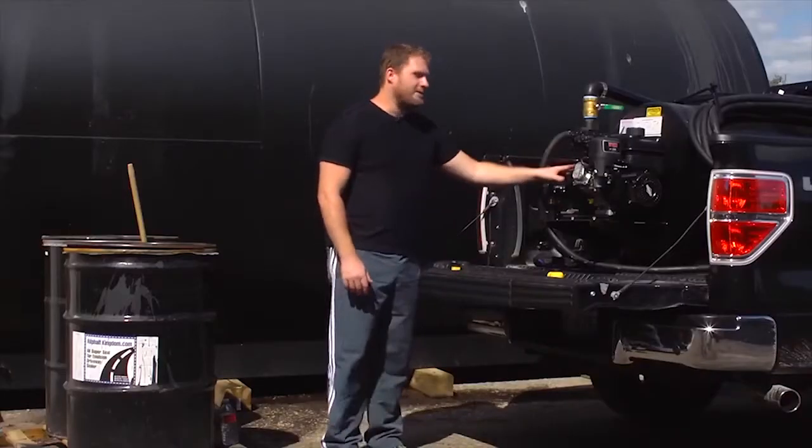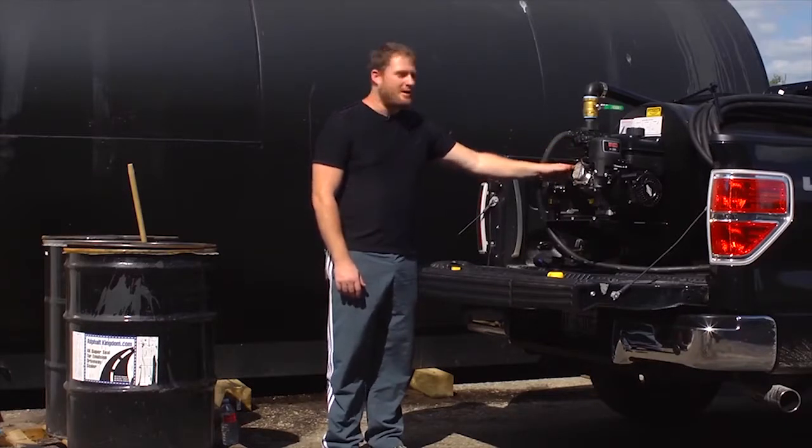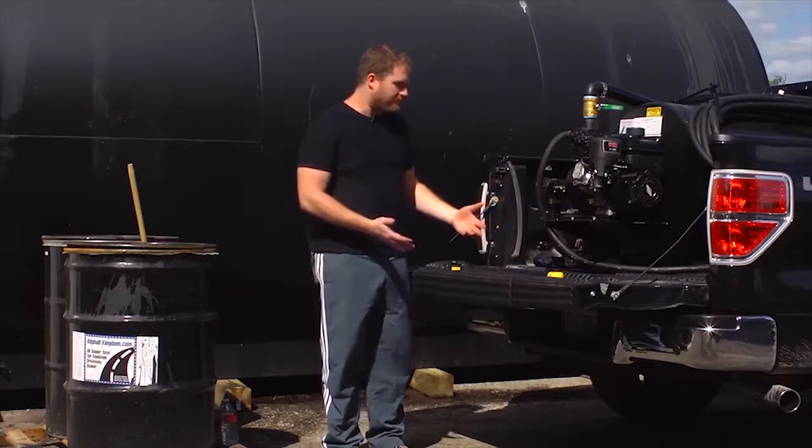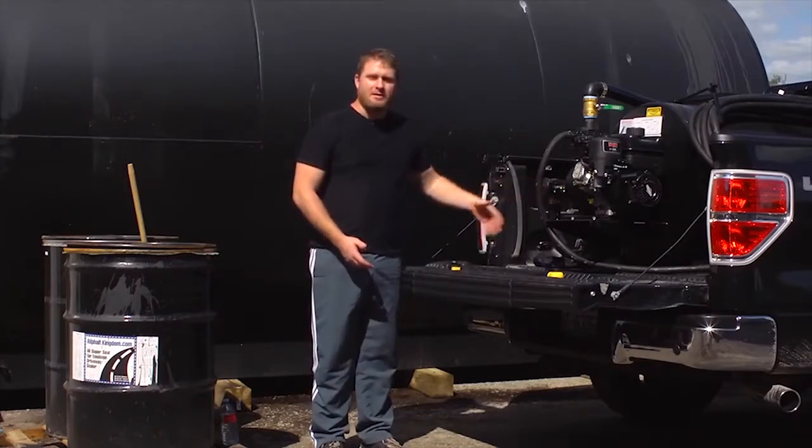So I'm done checking my engine and pump. I'm sure that these are ready to run. There's gas in the engine, there's sufficient oil, the drain plugs in the pump are secure, and everything looks like it's ready to go. When I'm getting ready to load sealer with my loading port, there's a few things that